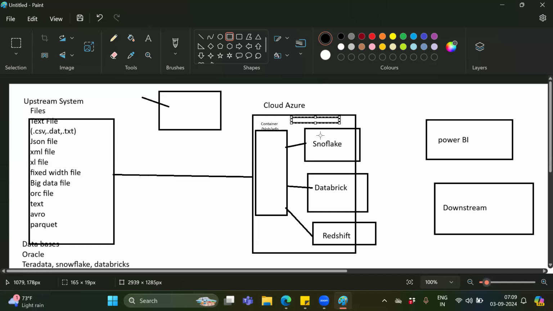Similarly, it will process the data using DBT into Snowflake. You can even process the data using DBT into Databricks or Redshift. Anywhere you can process, you only need to create the connections. That is very important. After that, this diagram goes from here to here, or from Databricks to the downstream system, or Snowflake to the downstream system. It depends on your target database.